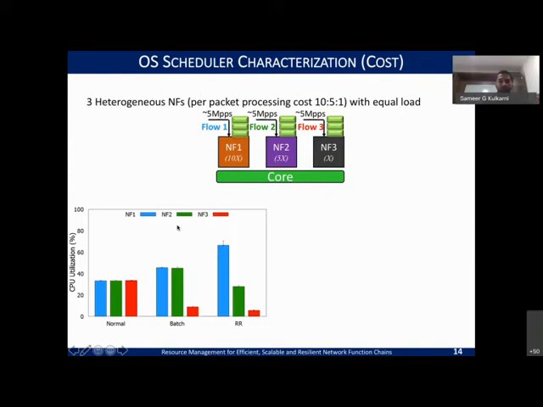So you can see here, although the 10x and 5x had more compute requirement than NF3, they ended up getting almost the same. While in round robin, you can see it was almost in proportion to the requirement of their computation.